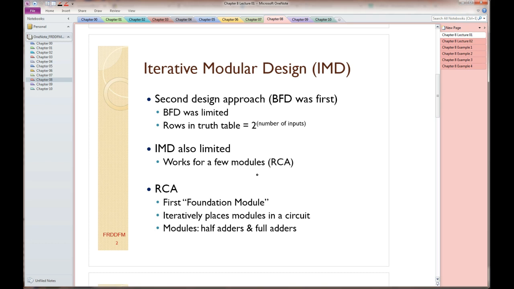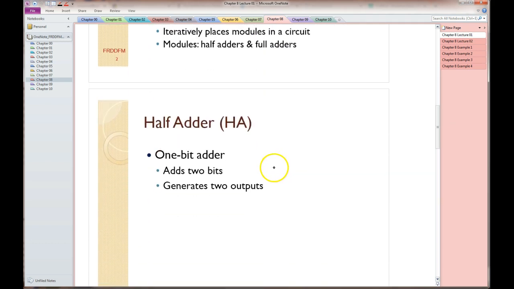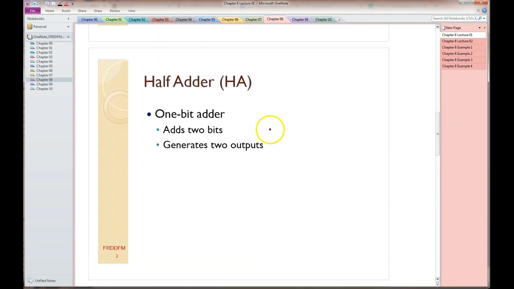So the ripple carry adder is our first foundation module. Recall that our foundation modules are one of 8 or 9 modules that we can build any digital circuit with. The idea here for a ripple carry adder is we can iteratively place some modules in such a way as to create a ripple carry adder. And so the modules that we're going to place are half adders and full adders, which we'll design in just a second here. The issue with a half adder is that it is a 1-bit adder, meaning that it adds 2 single-bit values. When you're adding 2 single bits, you have 4 possible cases. The 4 cases include